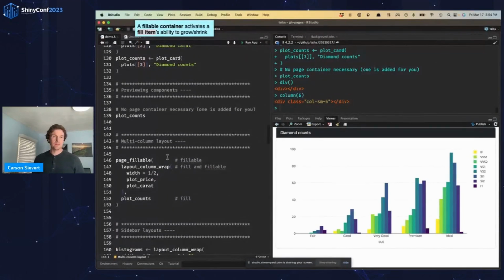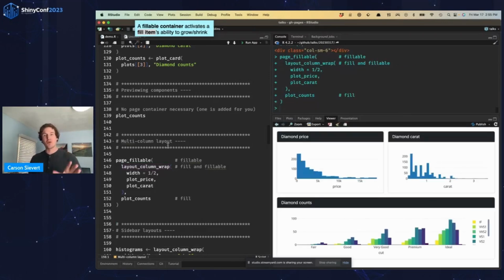All right, and then we also have a new way to create column-centric layouts through layout column wrap. Think of this as a modern equivalent to fluid row and column, for when you want basically the same column size for each one of your columns. There's a lot more to layout column wrap than I'm going to cover today, but just to demonstrate here, you can give this width argument a value like 1/2, and that's going to give me a 2-column